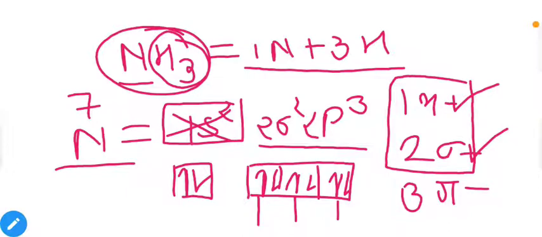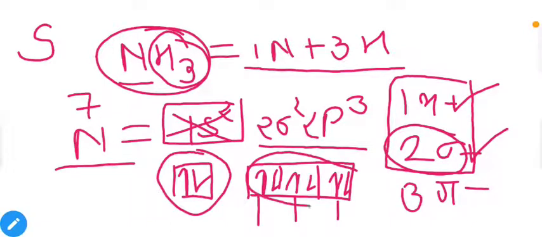So as we can see, we have one non-bonding electron pair in the s orbital, and we have 3 sigma bond pairs. All the single bonds are sigma bonds. If we have a double bond, then the first bond will be sigma, the second one will be pi bond, and if we have a triple bond, then the first bond will be sigma and the later two will be pi bonds. So we have 3 sigma bonds in 3 different p orbitals. So that's why our hybridization will be sp3.